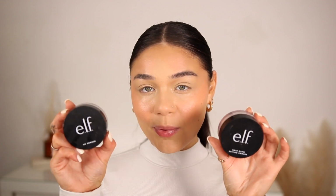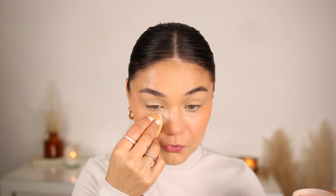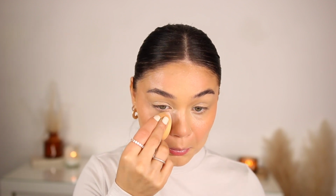I'm gonna be using two setting powders today. I'm gonna go in with the Halo Glow setting powder as well as the HD setting powder from e.l.f. I do like the way that they both perform. I'm gonna be using the pink powder to start off. Then I'll go in with the HD powder to lightly dust on top. The HD powder has a little bit of like a shimmer flex to it. I'm gonna spritz my face once more and apply that directly under here. This is one of my favorite products from e.l.f. as well. Like one of my holy grails. I think every single product I've already mentioned is my favorite, let's be real, but